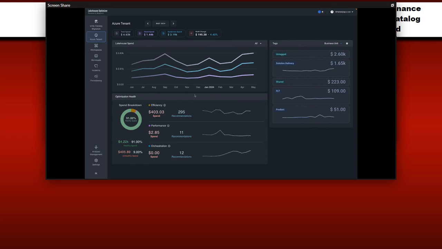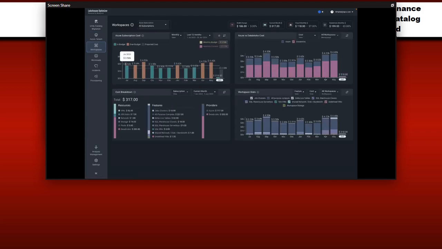I'm going to scan through a couple more of these modules that you see here on the left. Of course, we're at this overall tenant view. We're going to look at workspaces, workloads, and incidents a little bit. And then, of course, make sure that we have some time towards the end to wrap up for questions. While I'm going through this, feel free to tee up questions in the chat. We'll love to make sure that those are being heard and understood.